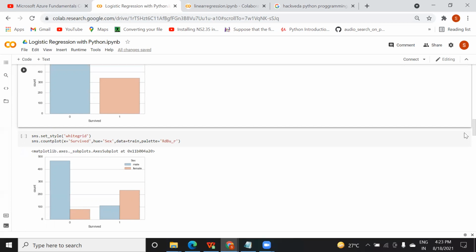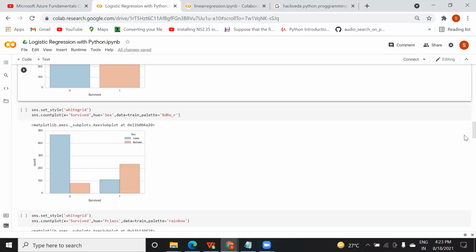So, do you understand? Yes. What is the meaning of hue equals sex? So मतलब this is a secondary consideration that you are doing here. उसे hue मतलब specifically कहा जाता है। So hue means, out of the survived column, you added a secondary column also, which is sex, and hue means on that particular column you are trying to do further partition, further manipulation, you can say. So it's a part of the syntax. Yes, correct.